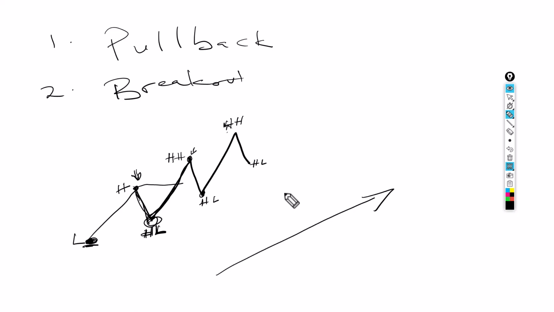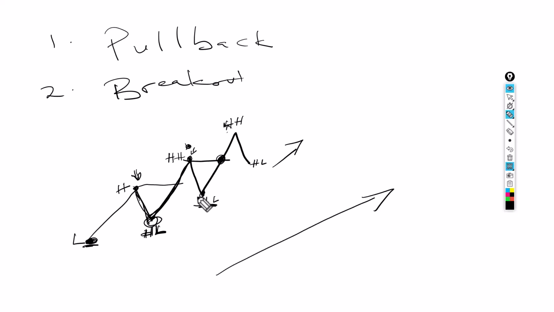I use breakouts when I'm trading in the direction of the trend. So basically what a breakout means is that when you identify the trend, you're going to actually wait for price to break above the previous resistance or a certain point on your price chart, and then when it breaks above it, the idea is that you are assuming that price is going to continue moving in the direction of that trend which is established, and so you are getting into the trade at the breakout point and hoping that your stop